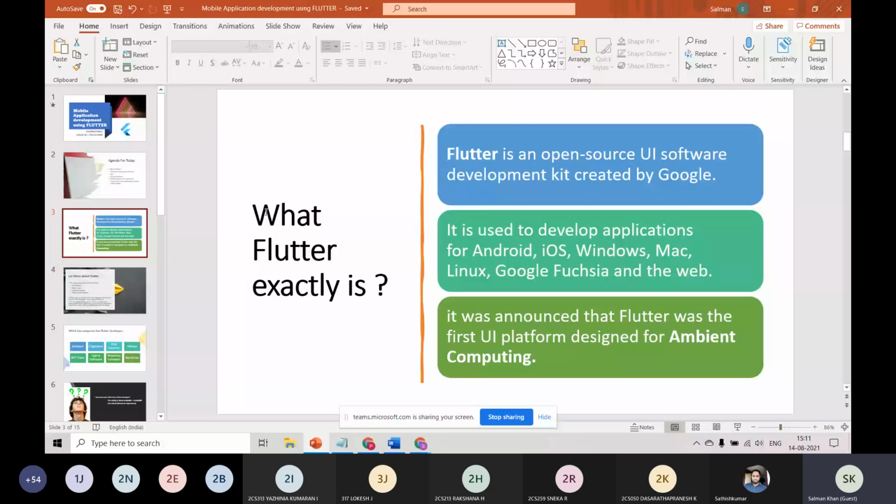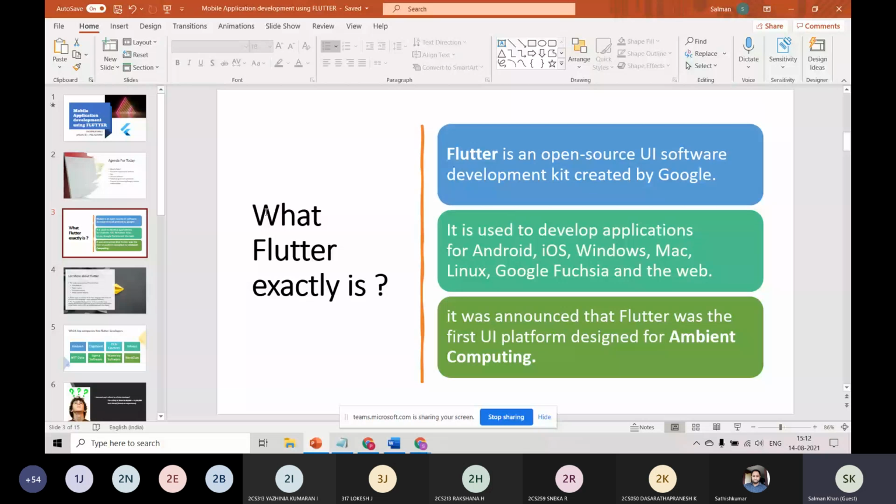If anyone is already aware of mobile application development, you will have heard these languages. And the demand for Flutter increases because with the help of only one code, Flutter can transform into an Android application, an iOS application, a Windows application, a Mac application, and everything. Just imagine this.